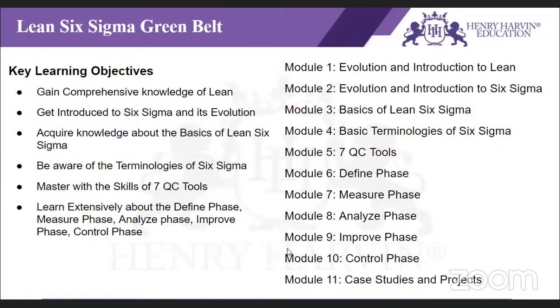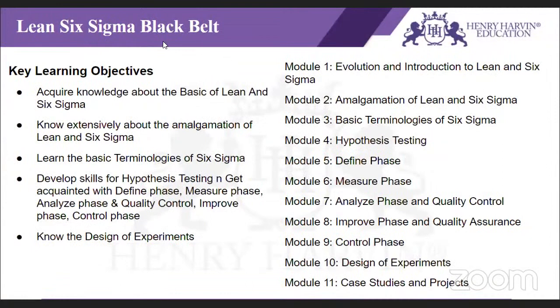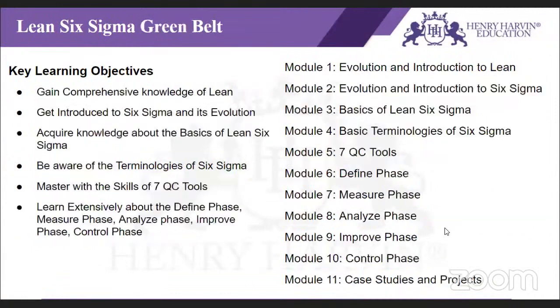Then these are the few modules which we cover in green belt. You can take a look quickly. DMAIC is common across. So you may ask me this question: Babita, what is it that we learn in green belt, and what extra do we learn in black belt? The answer is that in terms of technique there will not be any difference. DMAIC you'll be learning here, DMAIC you'll be learning in your black belt as well. It is just that the tools and techniques are more in black belt.